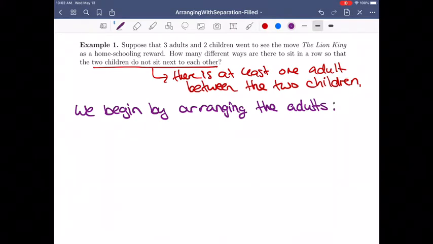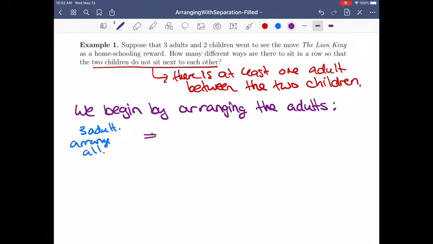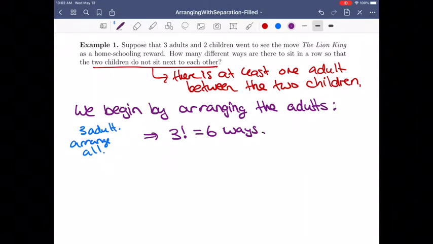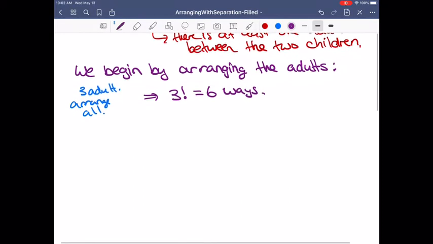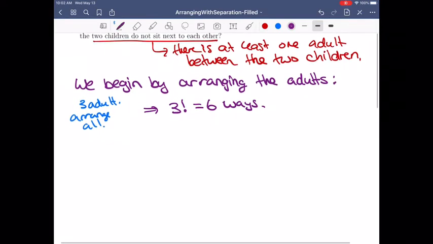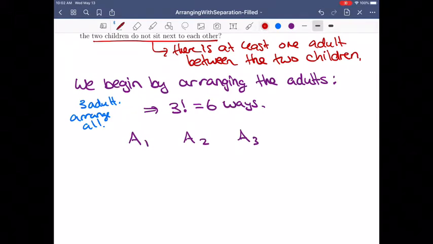So we arrange the adults. We have 3 adults, and we want to arrange all of them. Okay, so there's 3 factorial or 6 ways to do that. Now, consider this arrangement. So I have adult 1, adult 2, and adult 3. I want to think, where could I put a child? So I could put a kid here, in between A1 and A2, in between A2 and A3, or at the end. So I have 4 spots